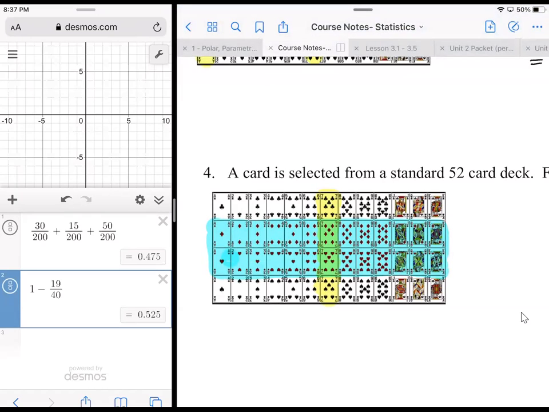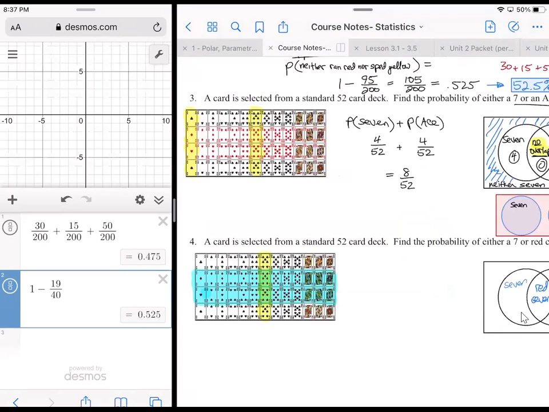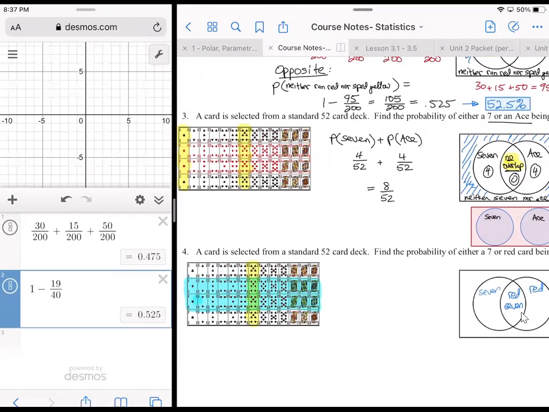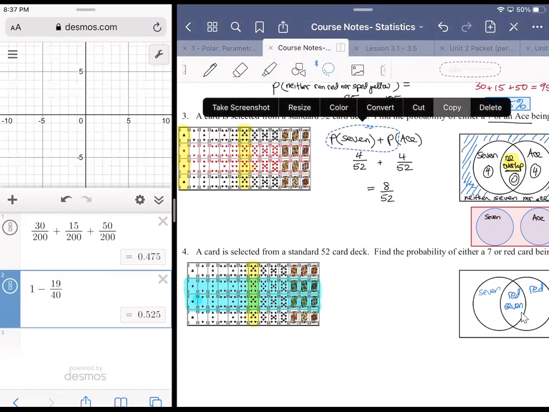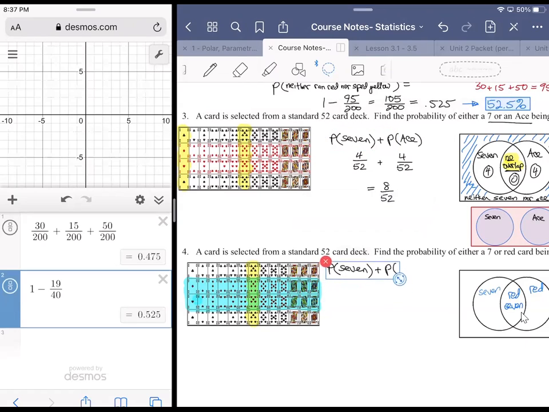All right. And so what we're looking at here is an intersecting set. We have a set of cards or set of events where there is a commonality. You can satisfy one and the other at the same time. Right. So what this would be again is the probability of 7 plus the probability of getting a red. I'm going to steal my work up here a little bit. All right. But we're going to run into a problem here,